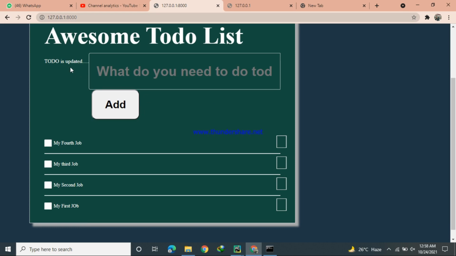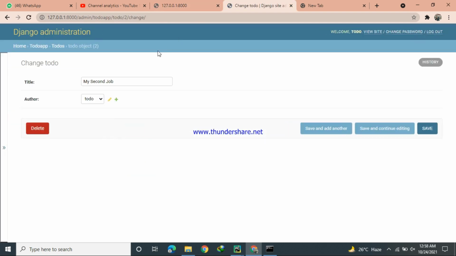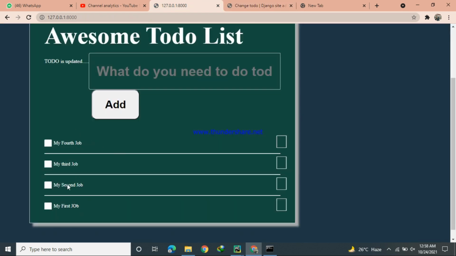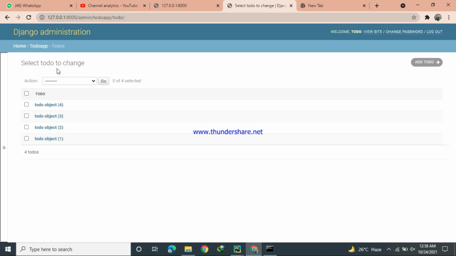Okay, so here we are getting our todos from our model. We have added 4 jobs, 2 from the model itself and 2 by using the POST method. And now I am checking our model that has 4 objects.